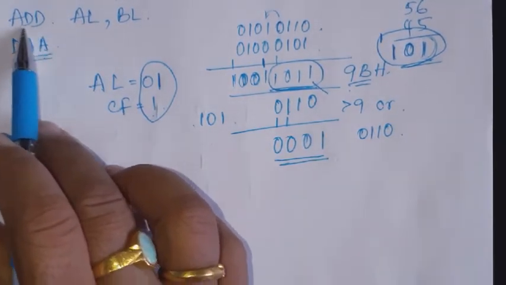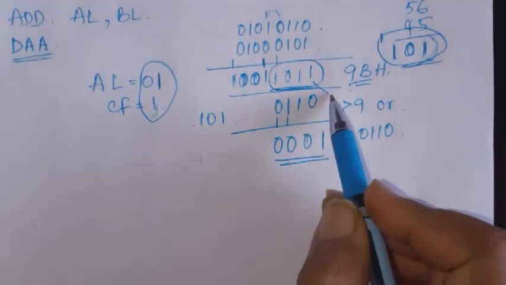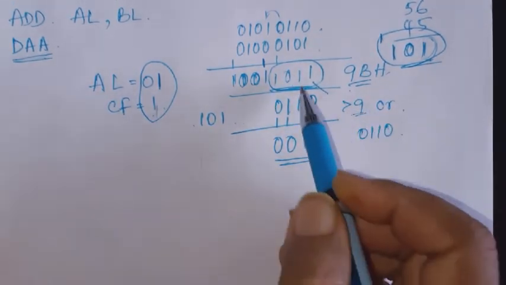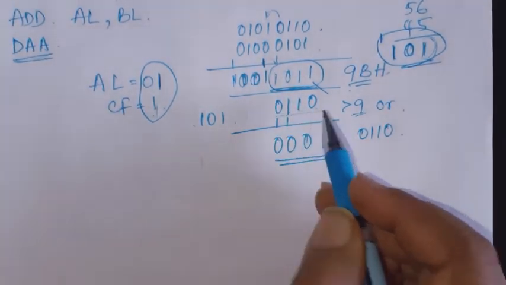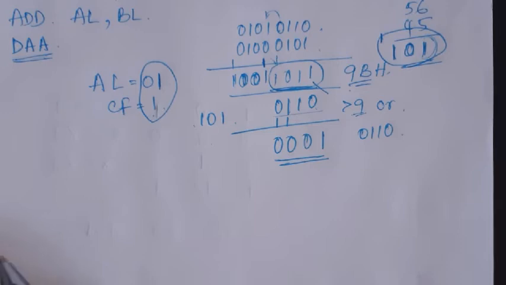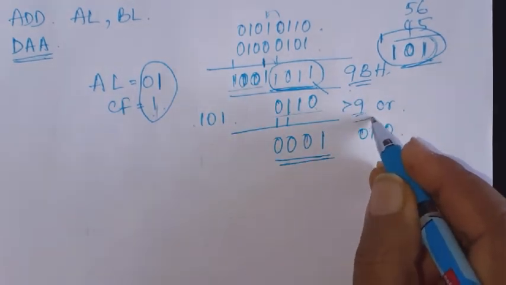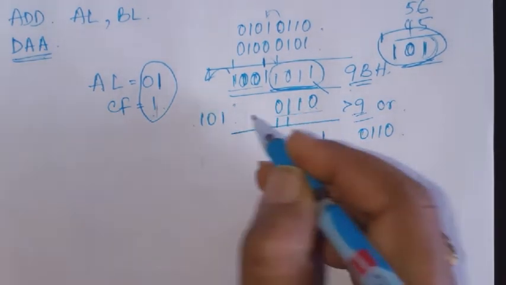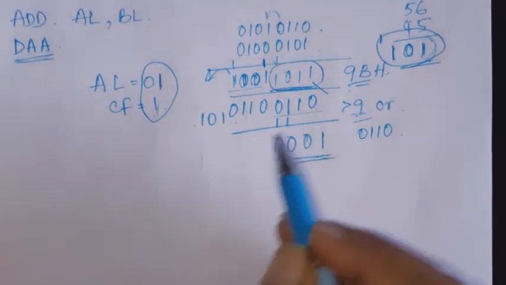This instruction is executed. What internally happens is the processor will check the lower nibble in the AL register. If it is greater than 9, or there is a carry from this lower nibble to the higher nibble, then it adds 6 to this lower nibble, so as to adjust it to the equivalent decimal. Then for the higher nibble also, if it is greater than 9 or there is a carry out of it, then 6 is also added to the higher nibble, or you can say 60 is added.